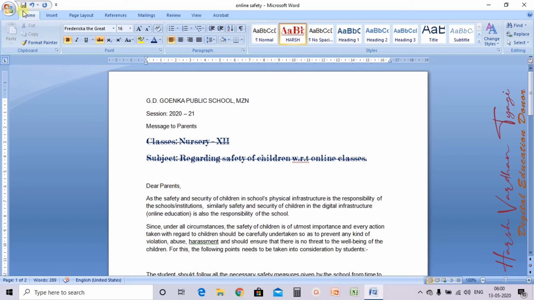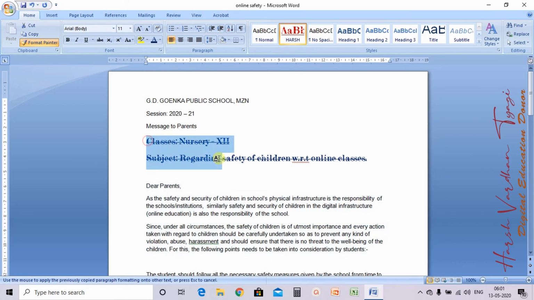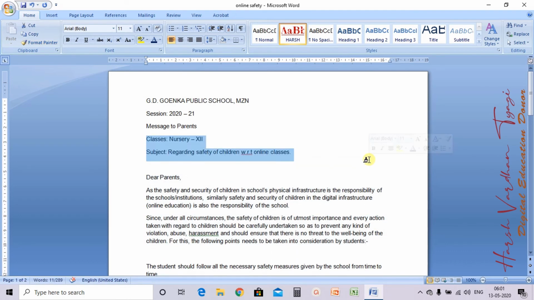For that you have an option in the Home tab that is called Format Painter. So select this Format Painter option. Now your format has been copied. Now suppose you want to apply the format here on this particular text. So what you need, select the Format Painter and then click here, select it and then select. See, whatever selection you are doing with the Format Painter option, the same sort of formatting will be there.